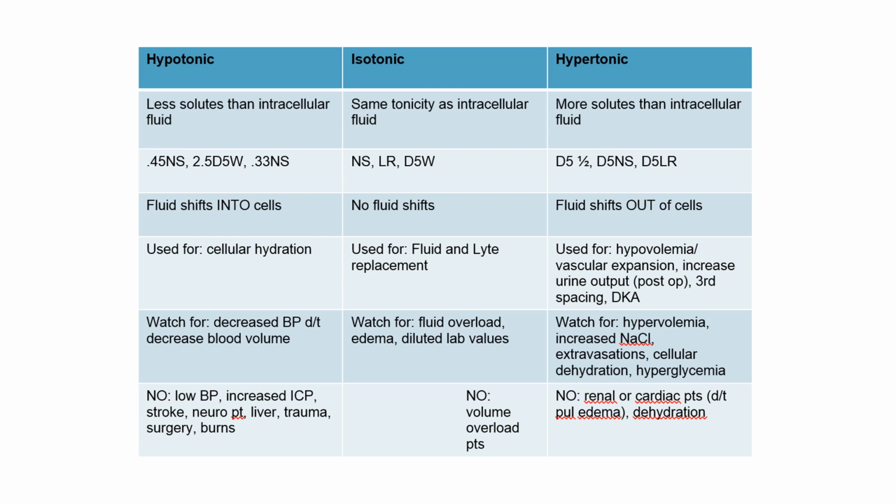So when would that be useful? Well, theoretically, if you're pulling fluid into the vascular system, you could use it for hypovolemia, hypotension, and to re-expand the vascular space in hypotension. You could use it for someone who's had a severe head injury and you want to pull fluid out of the cerebral cells so that you can shrink the brain a bit and reduce overall pressure. We can use it to increase urine output because you're pulling more fluids into the vascular space, which will then go to the kidney and